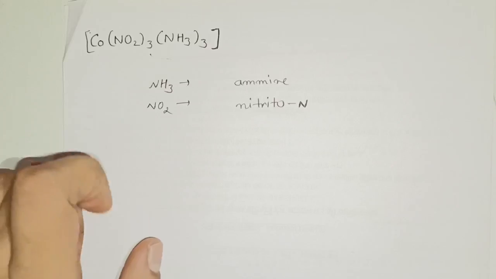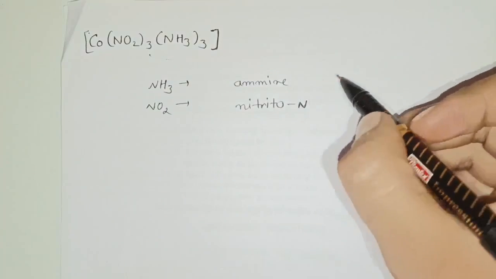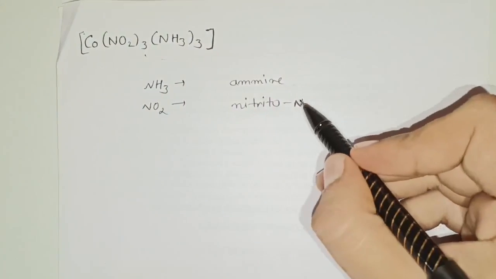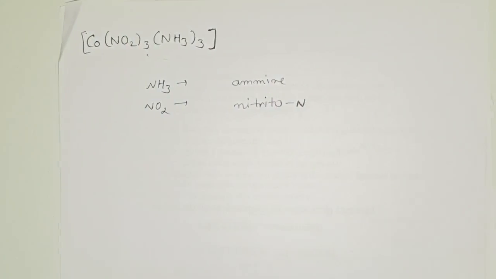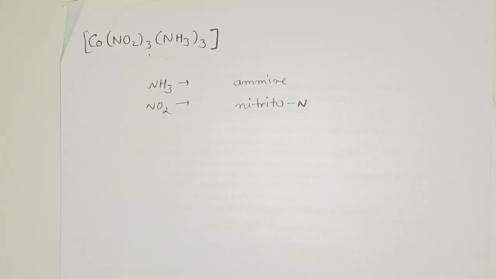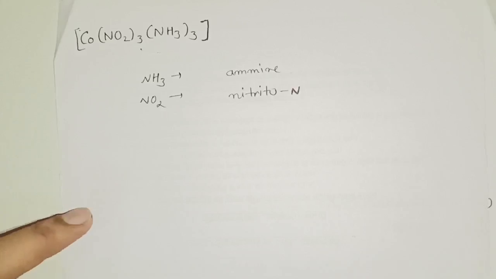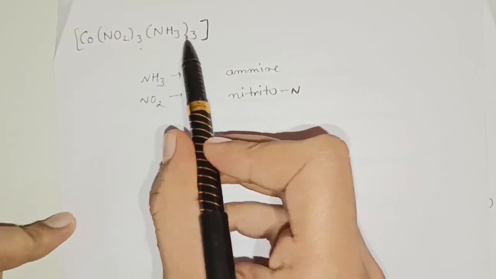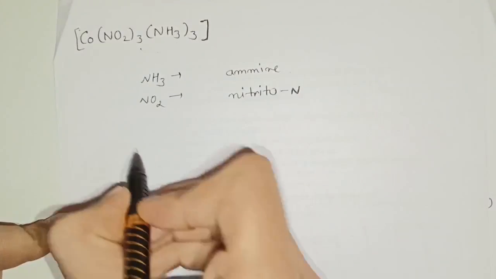So now see the alphabetical order. In the alphabetical order, amine comes first, nitrito comes later on. So while naming the IUPAC name, you need to write the amine first, then the nitrito. So what will be the IUPAC name of this particular example? So firstly, we will write the ligand as we have done earlier also. So how many amine are over here? There are 3 amines. So I'll be writing